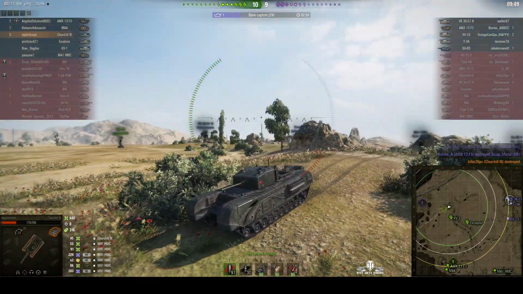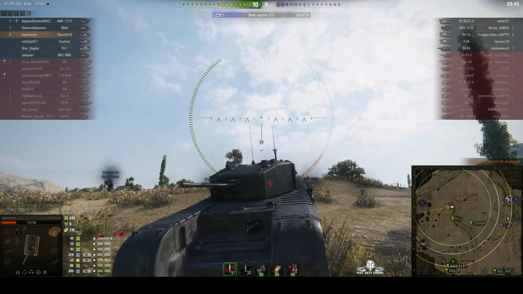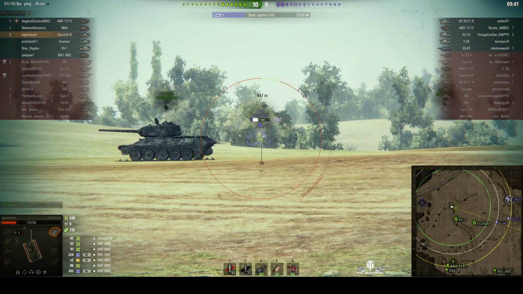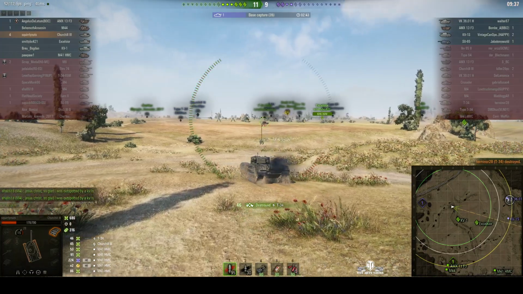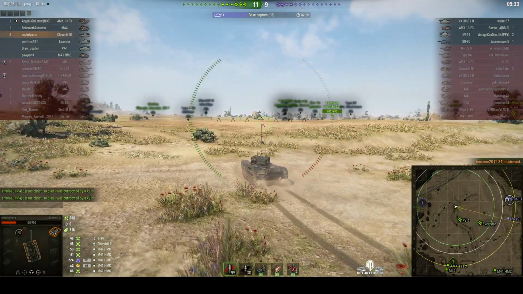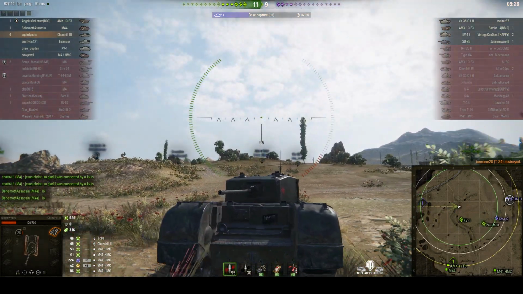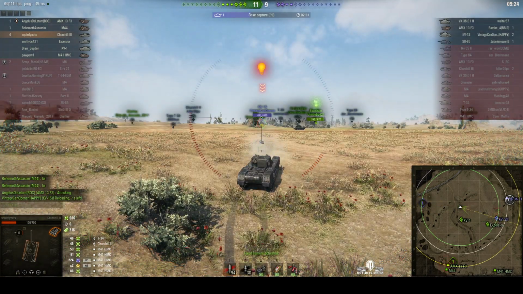Now the thing about the Churchill is that it doesn't actually have a gun mantlet as such in there. That's the spot to aim for if you want to kill it. And he's just taken out the T-34. Yes, so the turret doesn't have a mantlet as such. It's basically just soft, and so if you just aim for that little square in the centre, and he's auto-aiming